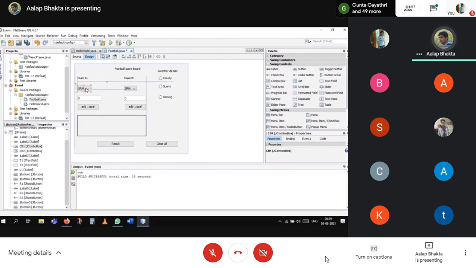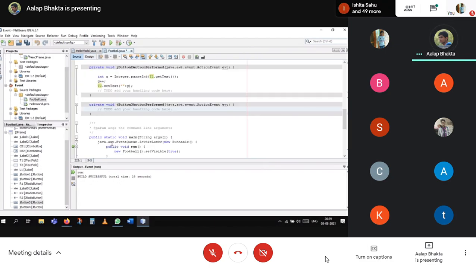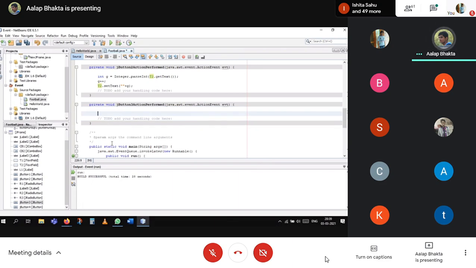Okay. So now the user will select any one team from this combo box. I need to print that also. I need to get these selected values for printing. Okay, so double click on result. Then I need to get the strings from both the combo boxes for team A and team B names.